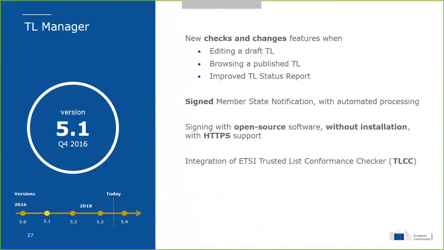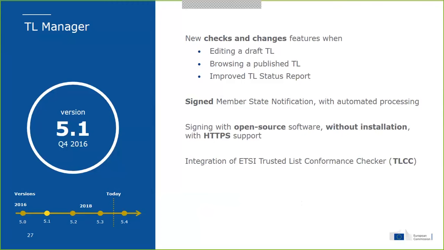Okay. We then added more and more features. The first features to be added were the detection of changes and the trigger of checks. Changes are a nice feature, because it now automatically compares what you are drafting to what is in production regarding your country. So you can detect really what you change and what you don't change, which avoids, of course, a lot of errors that could occur if you modify something without willing.